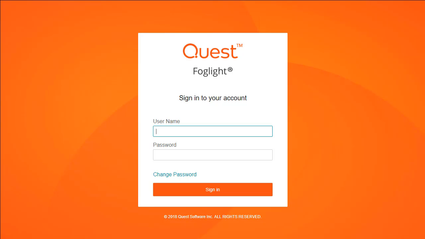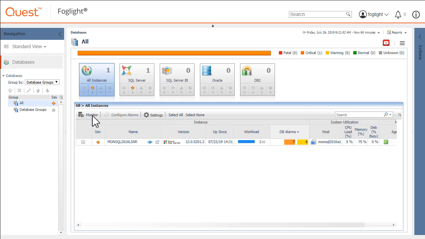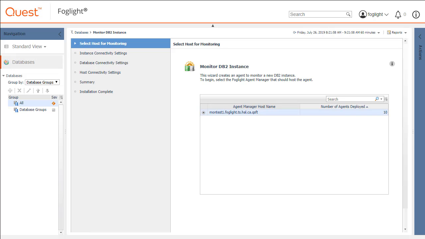To add DB2 agents for monitoring, first log into the Foglight console and access the database's dashboard. Then click Monitor and select DB2. The Monitor DB2 Instance Setup Wizard should display showing the Foglight Agent Manager selection view. Use this screen to select the host that Foglight would use to create the Foglight DB2 agents on for